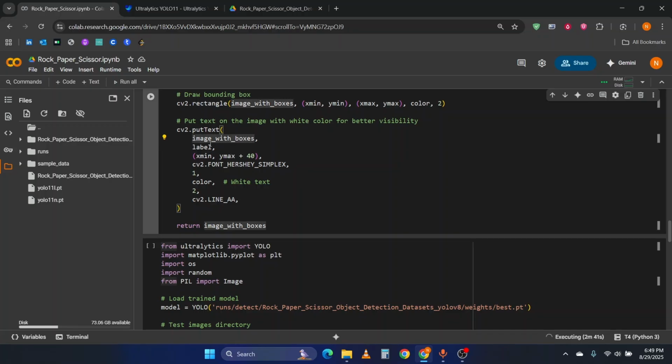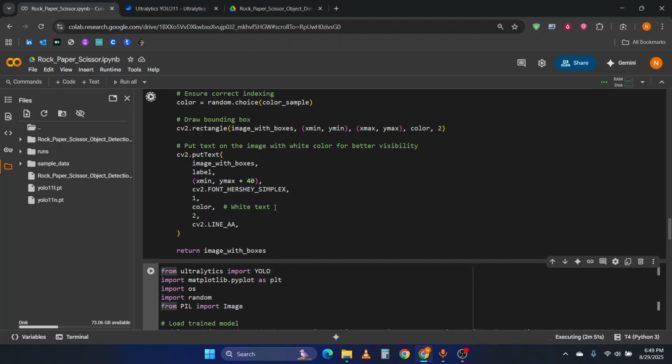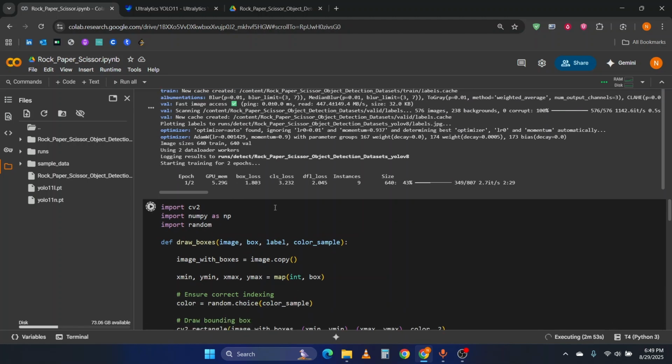Just pass the image, then the text which we want to display. This is the font, this one is the size, this is the color, and two is the thickness, and this is the line type. This way we create the bounding box. Just run this cell. Okay, you can see the training gets started. It is displaying